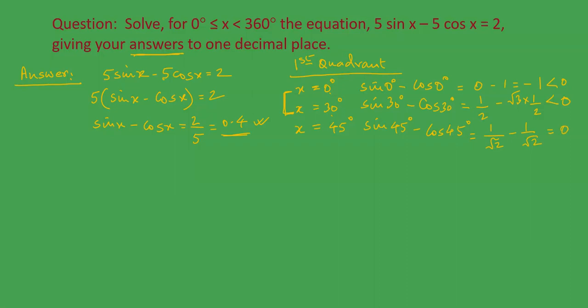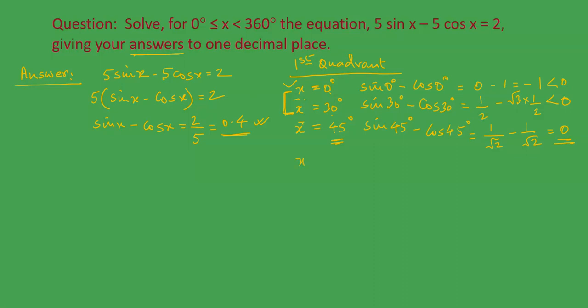So, starting from 0 degrees and up to 45 degrees, there are an infinite number of values between 0 and 45 degrees that I have not taken. Obviously, it is not possible to take them all. But we are seeing that below 45 degrees, for every value of the angle, sin x minus cos x will be a negative number. And when x is equal to 45, it is equal to 0.